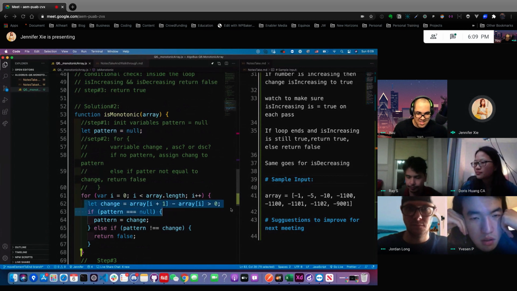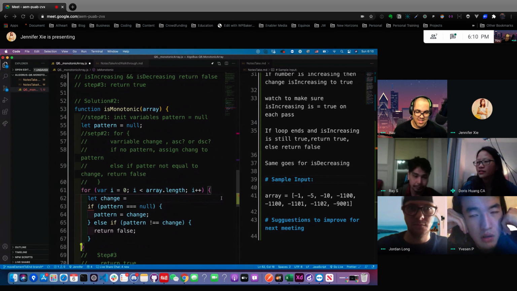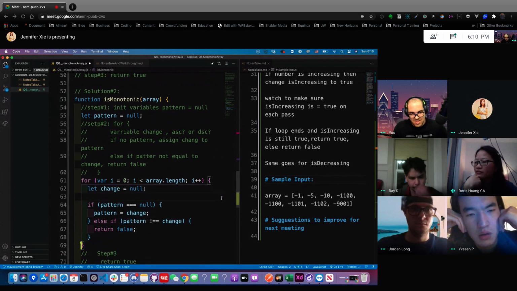So we don't want this one, right? I'm gonna delete that one. You're gonna use that condition in the if and else later, but you can type it later. Okay, so let change equal to no, and if